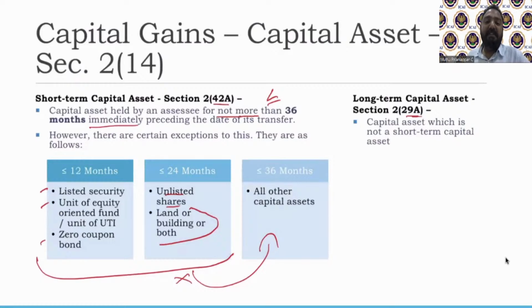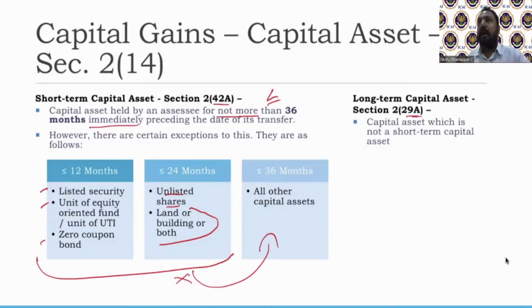In PGBP, we said profession includes vocation. That's all the definition. They don't tell you what profession is. They tell you profession includes vocation, right? So similarly, long-term capital asset, the definition is very simple. Whatever is not short-term is long-term, which means if it is more than 36 months, one day after 36 months, one day after 12th month, one day after 24th month becomes long-term. Clear? So that's what it is about. So even if it is one day above that, whatever has been defined under 2 clause 42A will be called as long-term capital asset, right? So that is the basic definition.